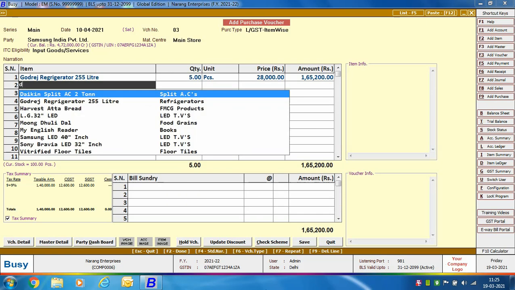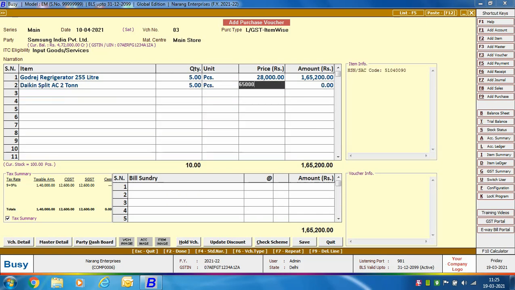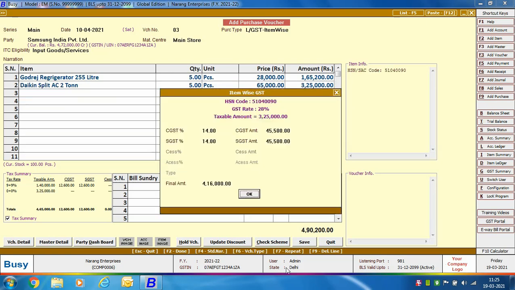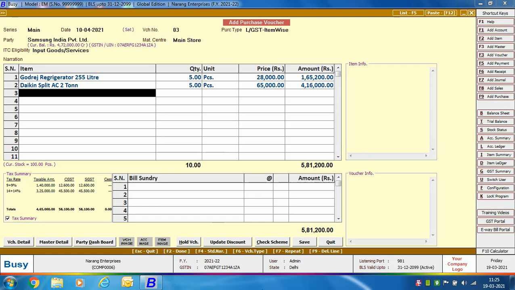Next, we are taking one more item. Here, on pressing the enter key on the amount field, you can see again an item wise GST window is appearing. It is displaying that this particular item is taxable at 28%, that is 14% CGST and 14% SGST. So Busy picks from the tax category tagged with the item master what particular tax rate is to be